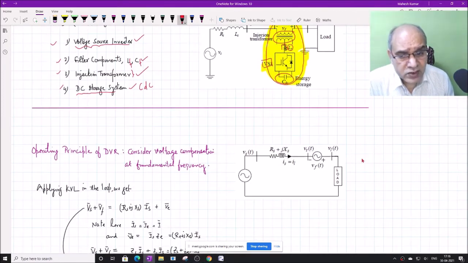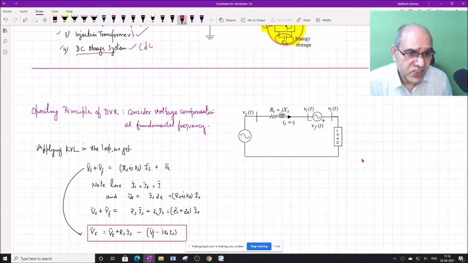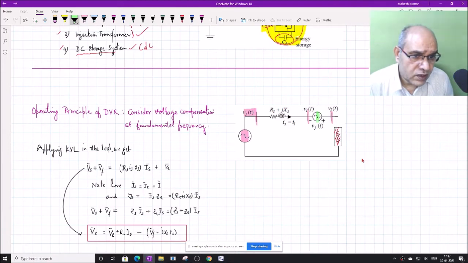Now again, coming back to the circuit system. So this is our basic circuit for single phase, which can also be extended for a three-phase system. So we will start with single phase, because the other two phases are replicas of the same. So this is the load here, and this is the source here, and this is the source bus, this is the terminal bus, this is the load bus, and the DVR is connected here between the terminal and the load.